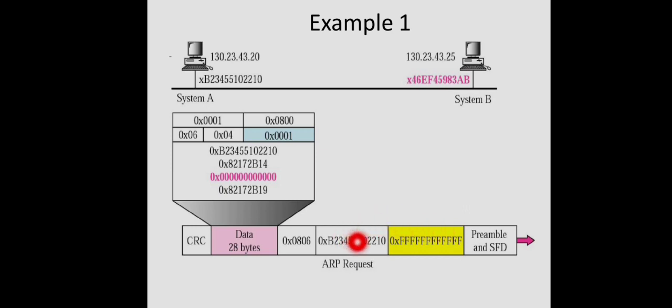The sender's MAC address will be the MAC address of this machine itself, and for the receiver, we don't know who the actual receiver is, right? The MAC address is not known, so it will be broadcast to every machine. So this full one will be filled here, then the preamble field. So this is the data frame for this ARP packet.